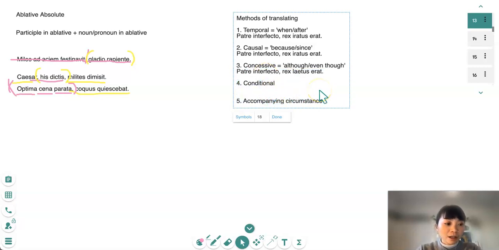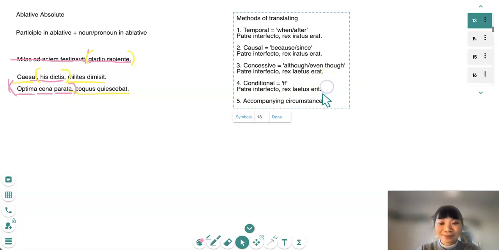Next we have conditional translations of the ablative absolute. We'll use this example again, but this time we usually see the main clause being in the future, because the thing in the ablative absolute is a kind of conditional, postulated event. So it suggests if this happens, then this will happen, hence the future tense erit instead of the imperfect erat as we've been seeing so far. So conditional just means if. Here we might translate this as if the father had been killed,